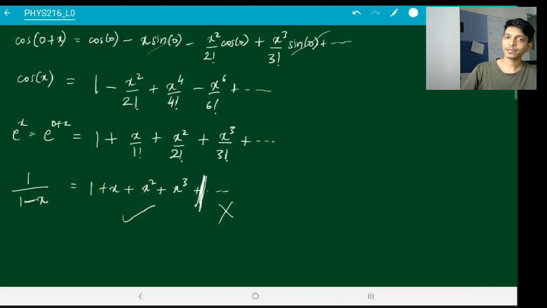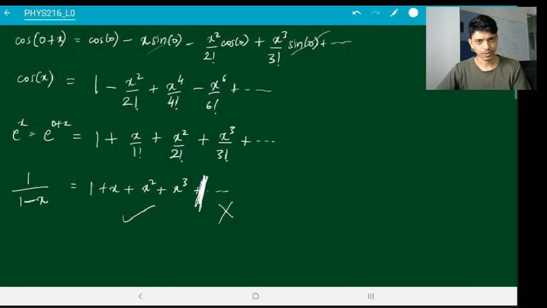So question is, how much error really is acceptable? Like, at what point should you cut this off? So it depends on what kind of system you're modeling. Based on the specific problem, certain level of error might be acceptable, certain amount might not be acceptable. So there's no fixed answer, there's no correct answer as to how much accuracy you want. So you decide that I want my answer to be accurate up to 5 decimal places. So then you take as many terms as it takes to get 5 decimal place accuracy. That's one way of looking at it.